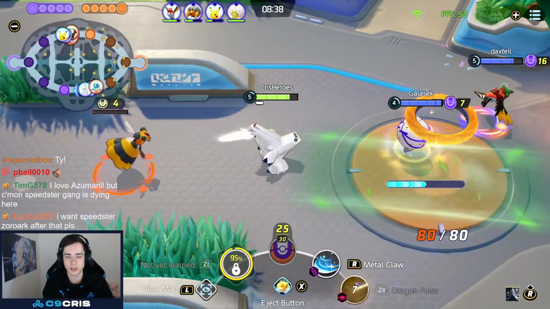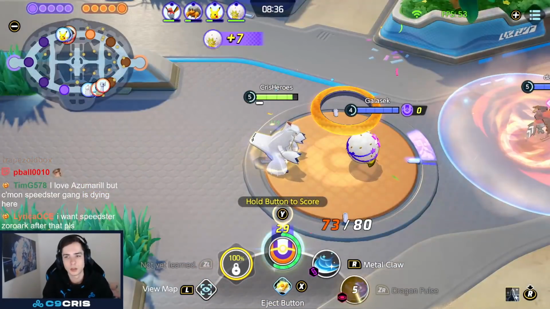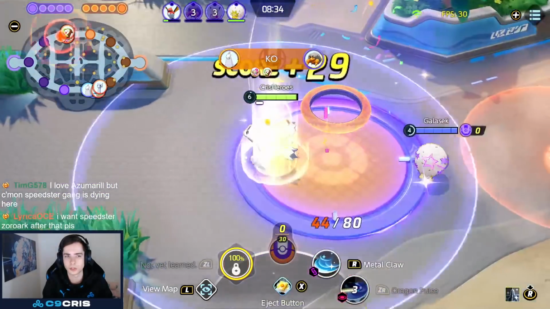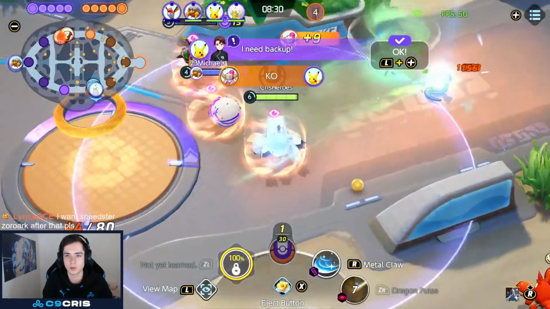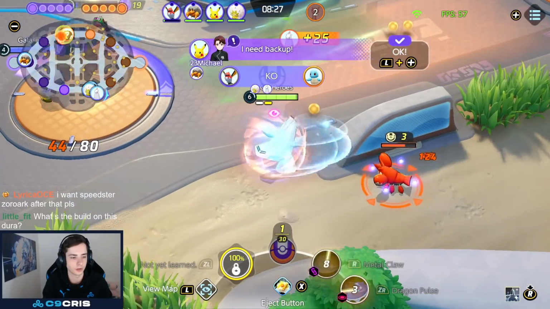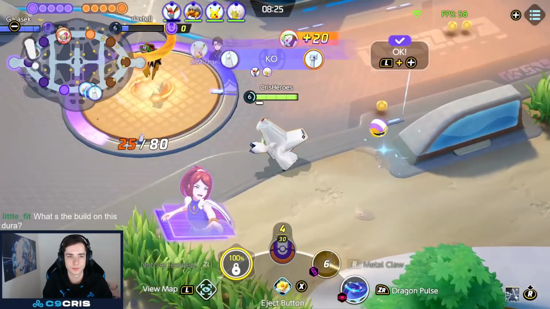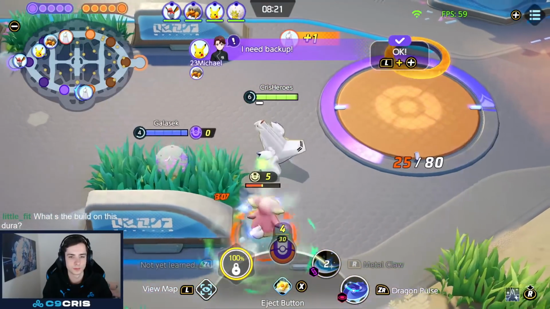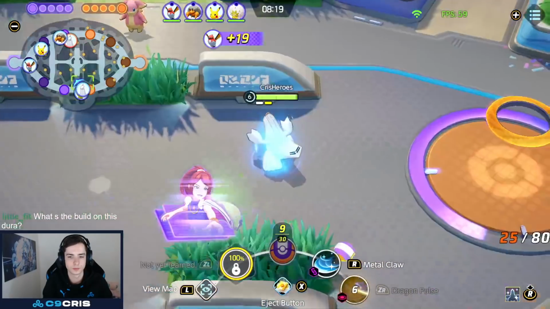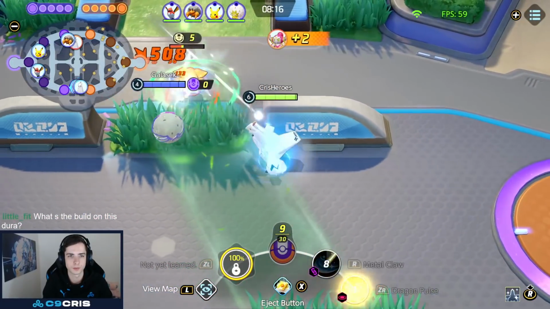Like, I would play Flash Cannon, but if the enemy, Duraludon? I keep saying his name wrong. If the enemy goes Dragon Pulse, I think I just lose, no? I don't know. Maybe I don't, but...